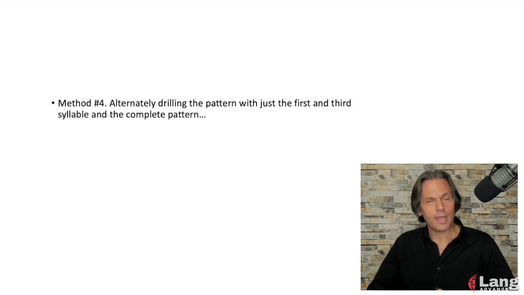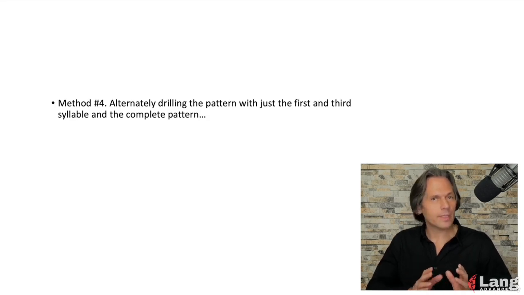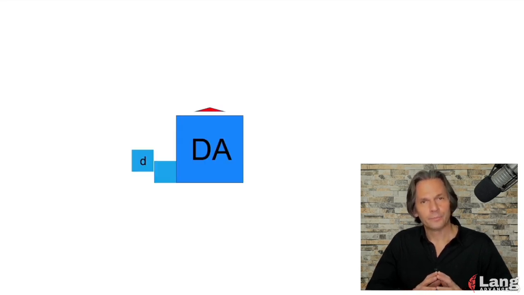Here's our fourth and final method for looking at this intonation pattern. It's sort of a variation on the last method, but it's different enough that it's definitely worth taking a look at. Again, we're going to alternate pattern 3C with a similar pattern, but this time we'll use the first unstressed syllable and not the second one. Once again, we'll show the boxes for pattern 3C, but at first, we're going to do something like pattern 2A, but we're actually using the first unstressed syllable.